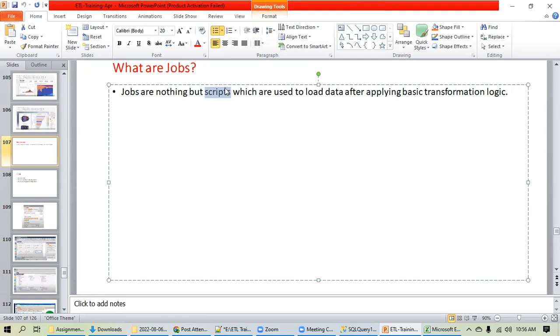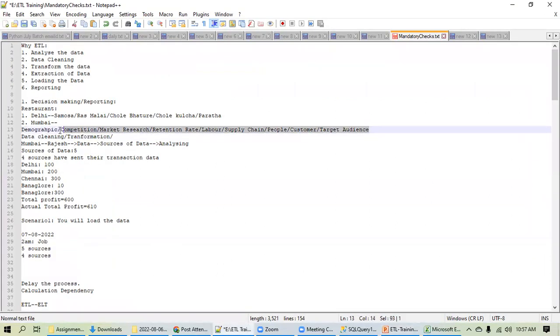Inside that script, if you open it, you will see a lot of steps will be there, but testers don't have to bother about that. What is the use of these jobs? These jobs are used to load data. How to run the job? A job will be a single line of script. You just copy it, go to a command prompt or a Unix platform, and click enter, and it will be executed. That's all. Very simple thing.